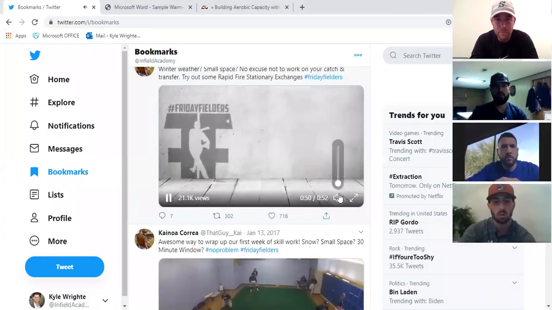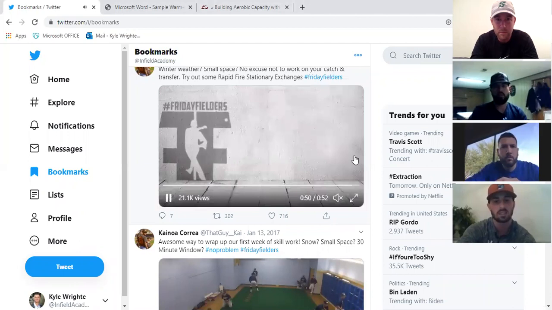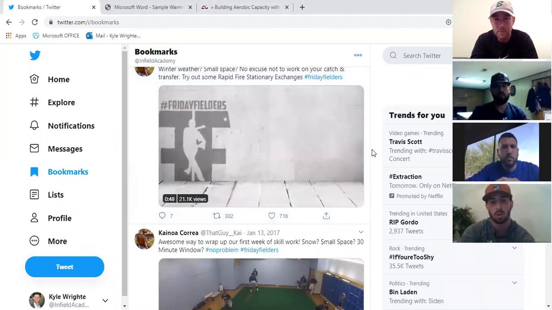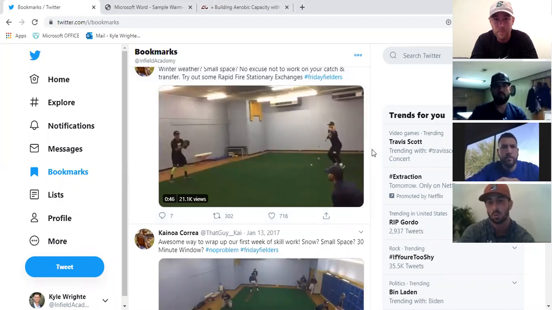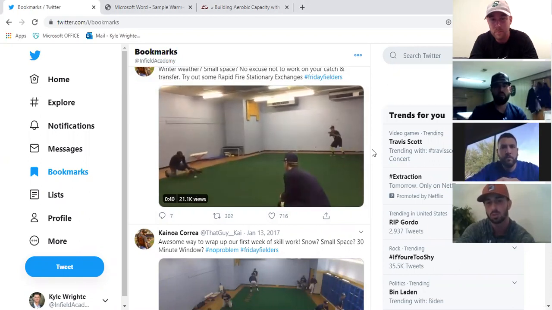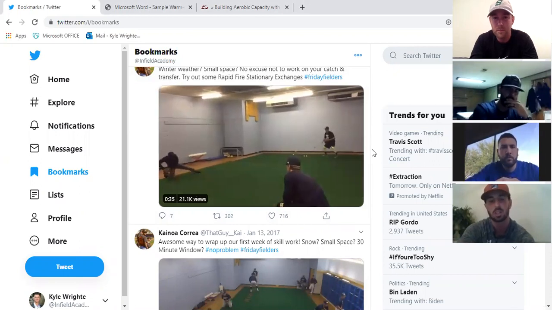It's a lot of stuff like this that is rapid fire in a small stationary period, where they can be throwing into a net and I can just have my bucket of balls, and they're getting their arm loose, but we're also getting some development from a hand perspective or this hip hinge.